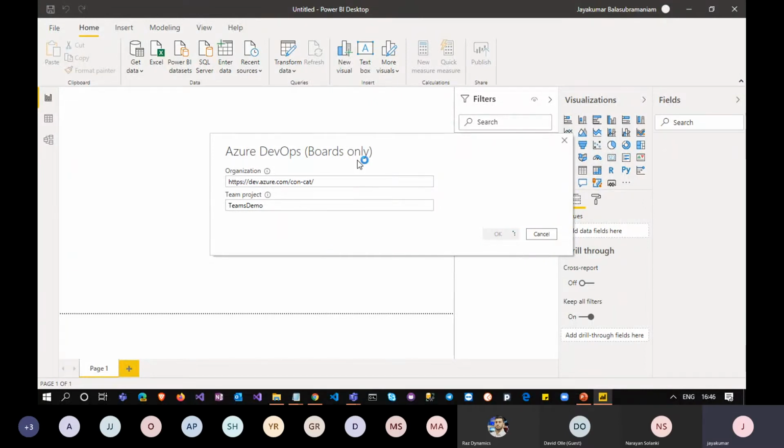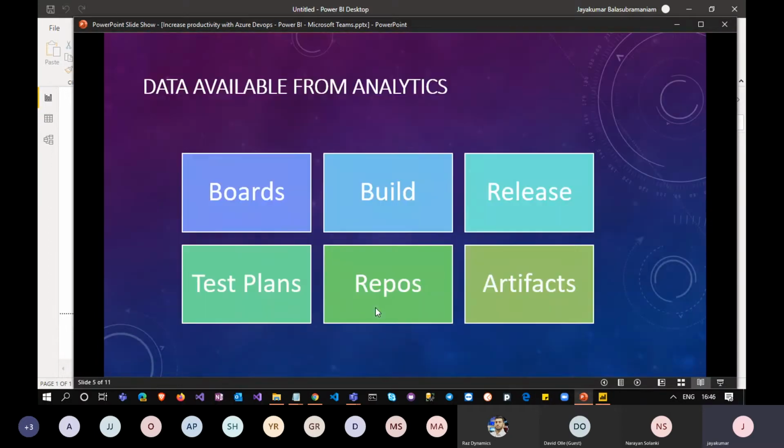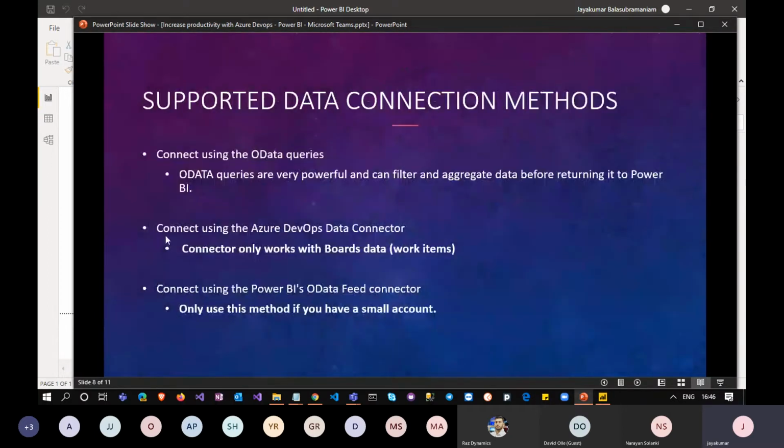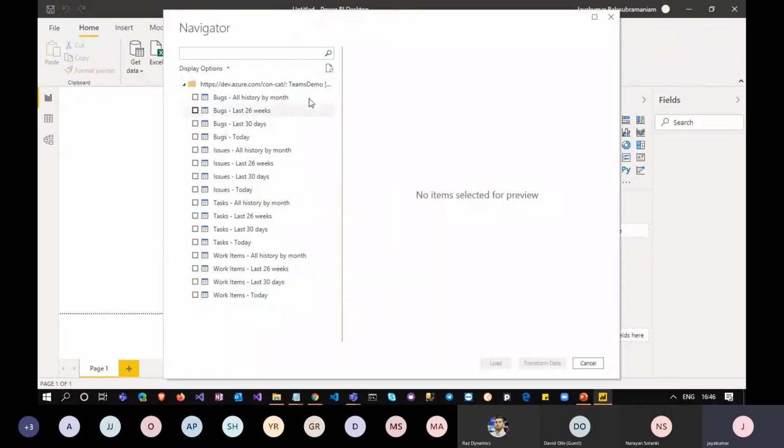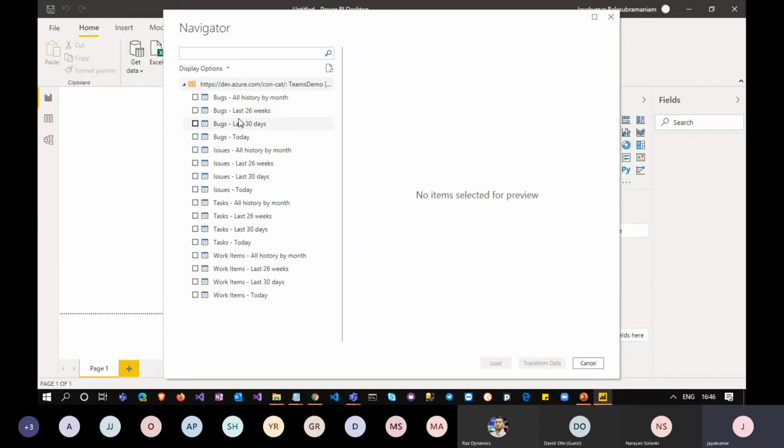This is the second connector type that I talked about in my previous session. In this slide, out of these three options to connect your data within Power BI, I'm going to use this data connector. We don't need to write any code. It is simply a business user perspective, so it is easy to get the data. I have used the Azure DevOps connector. Now you see it just pulled all the task related work items and the task related information from my Azure DevOps.